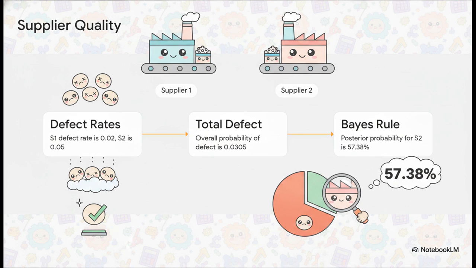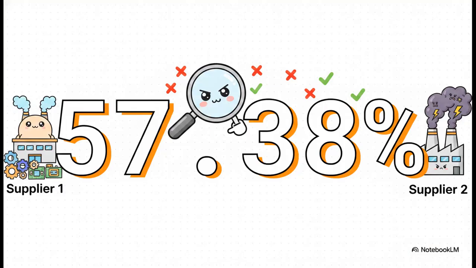Step 1, find the actual defect rates, not the yield. Step 2, use the law of total probability to figure out the overall chance of any part being defective, which comes out to 0.0305. Step 3, we use Bayes' theorem to trace that specific defective part backward to supplier 2. Now, what's really interesting about this slide is this final result,